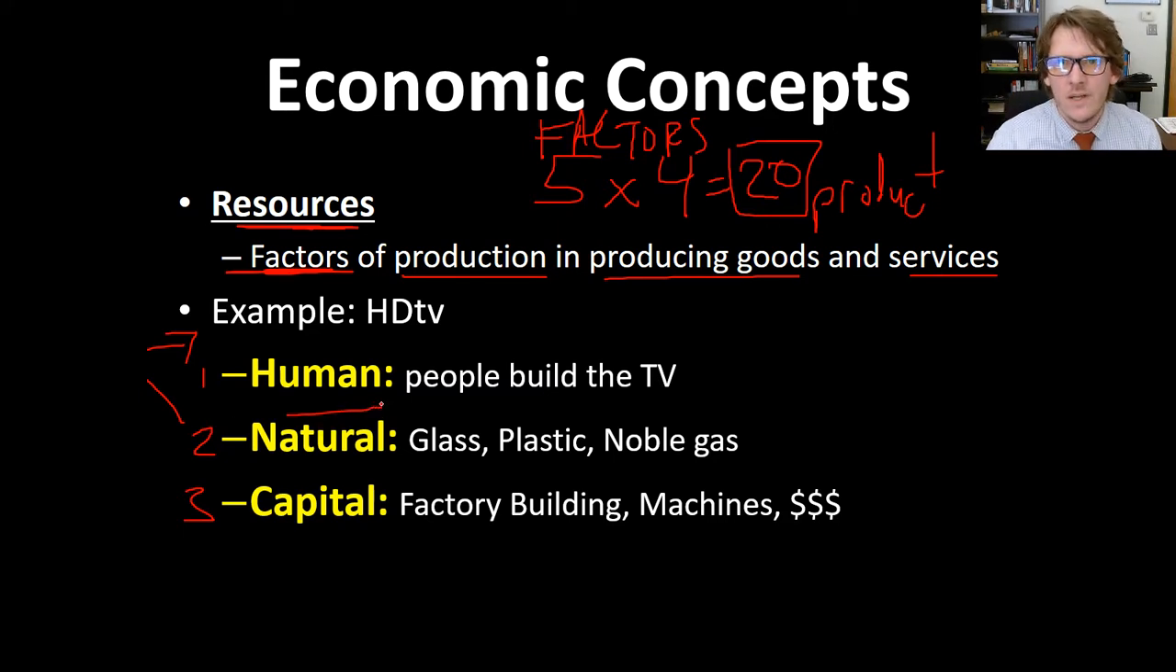Obviously, you need a human to build that TV, and you need natural resources so that that human can put together the natural resources to make that TV. Those are glass, gas, and plastic. Combine those resources to produce the TV. But you also need capital resources, which are factories, machines,